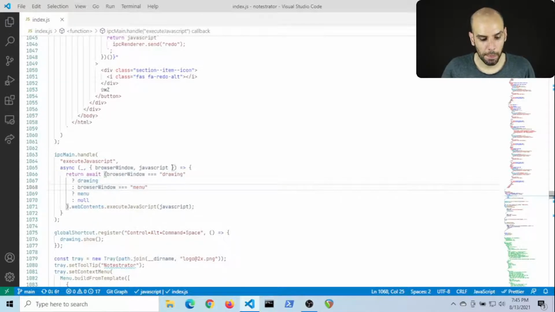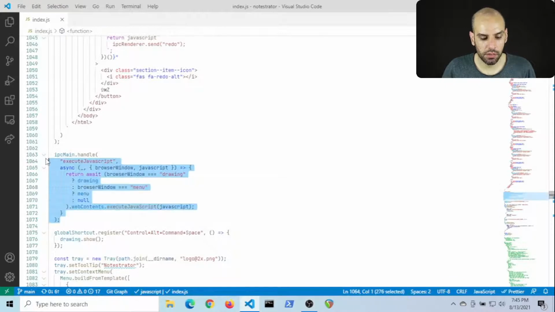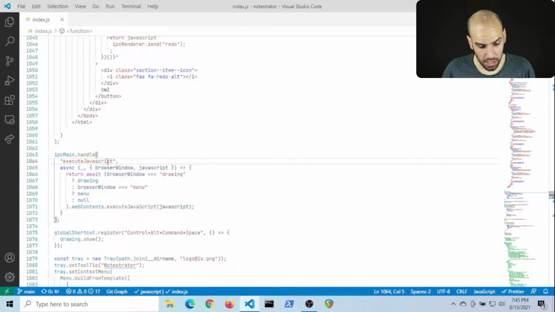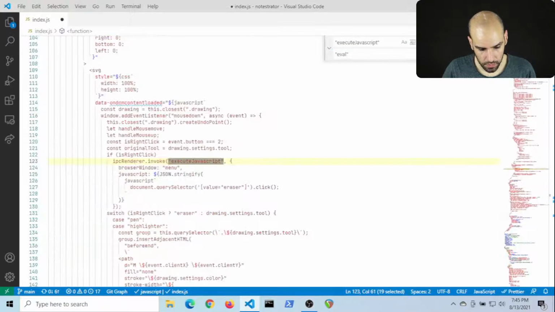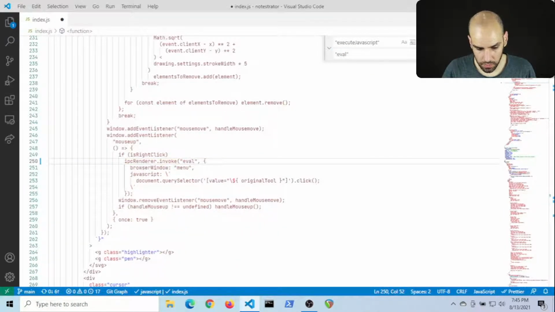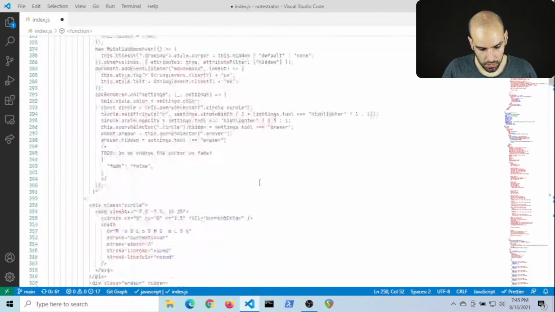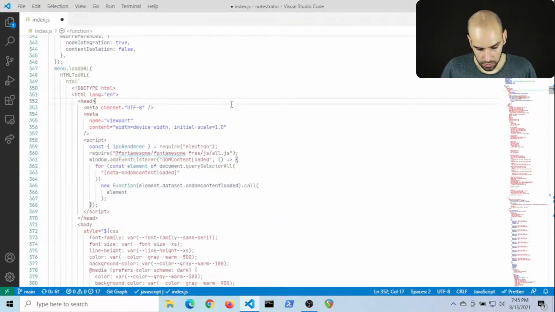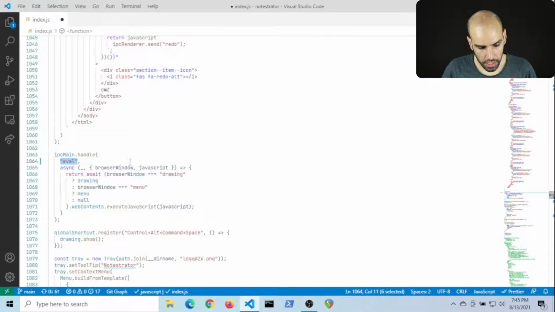But I want to augment this because I want to be able to execute JavaScript at the main process as well. So I guess I should rename this because it's no longer just execute JavaScript. It's more like eval. And then it is not just a browser window, so I have to rename this as well.